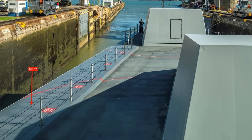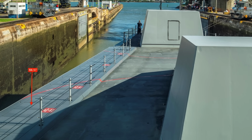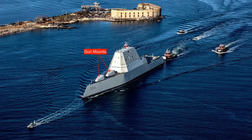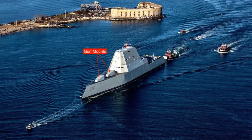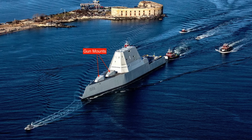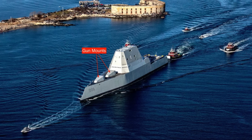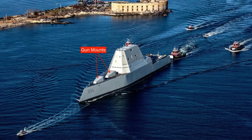They are also compatible with Tomahawk cruise missiles, giving the class significant strike flexibility. The pair of 155mm advanced gun systems, AGS, were intended to provide long-range precision land attack fire. Using a specialized munition, they were expected to engage targets at distances approaching 60 miles, around 95 kilometers. That munition, known as the Long-Range Land Attack Projectile,